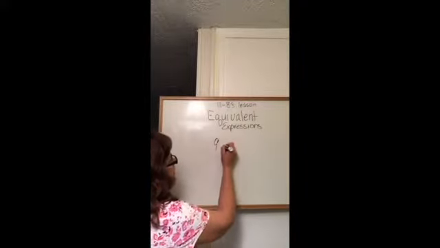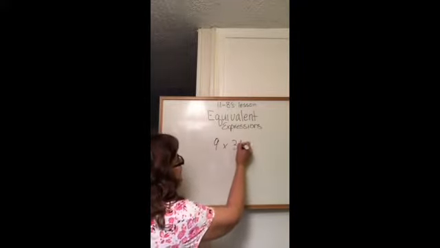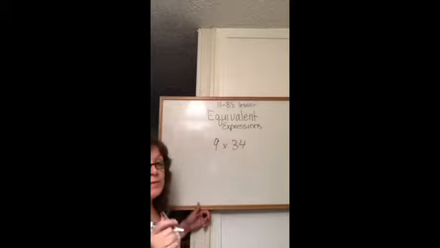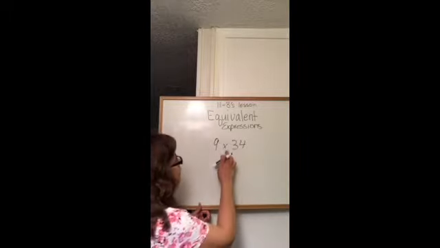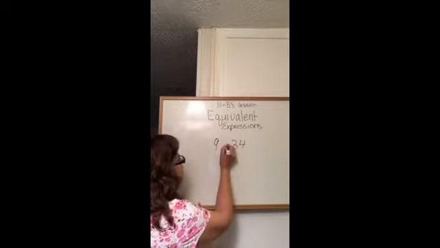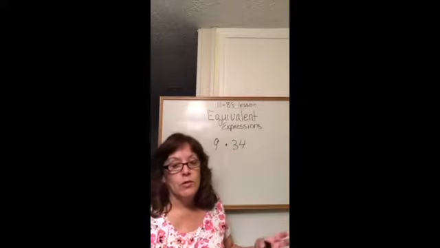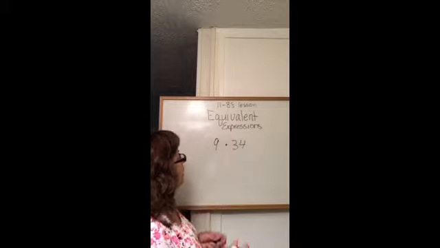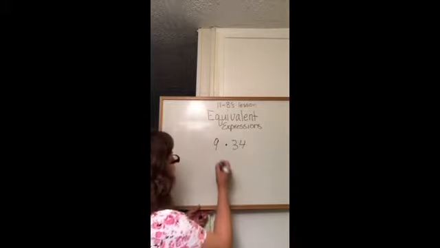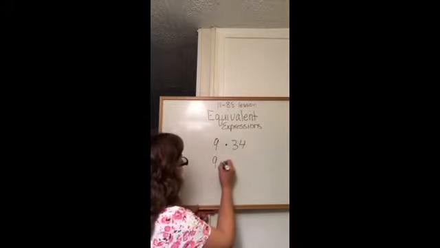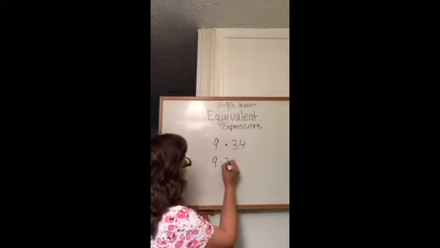Let's say 9 times 34. Now remember, I want you to be sophisticated mathematicians, so I'm going to get rid of the x and I'm going to use the dot. Pretty soon I'll just get rid of the dot altogether and just use parentheses, right? But for right now, 9 times 34. I told you to think of it as 9 times 30